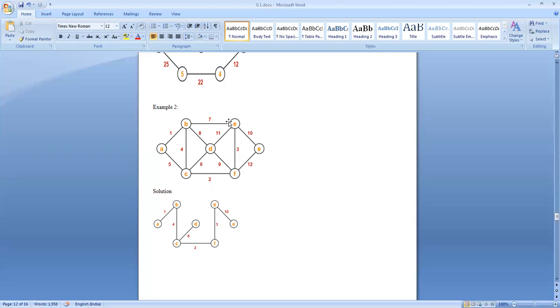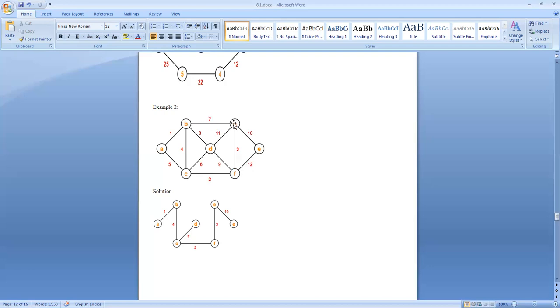Then from vertex E, there is an edge with weight 10. Then from vertex F, there is an edge with the weight value of 12. And still from B, we can have an edge from B to E with weight value of 7.